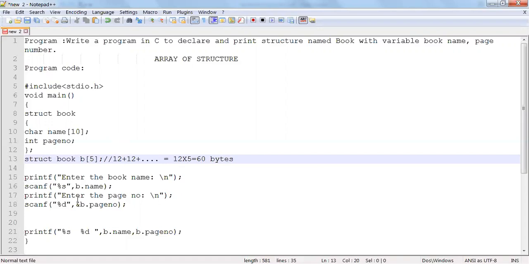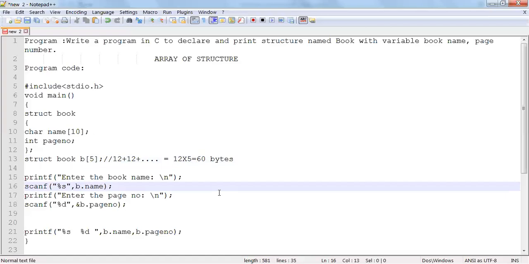It's very simple. Let's see, enter the book name and enter the page number. Rather than what we did initially, b dot name, because there was only one variable, that is b. Now b is the same name, but there are 5 books. And how can we access them? We can access using the index number.